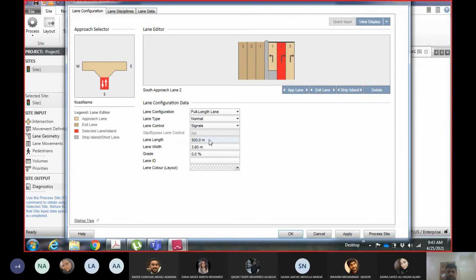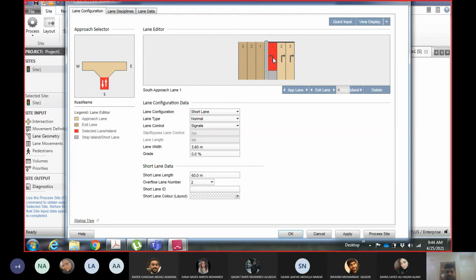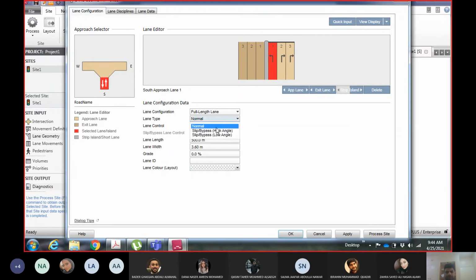Now you can see here I'm selecting a right turning lane. You can see the two options, normal and slip lane. If I select the left turning lane from here, the options will be slightly different: normal and short lane. So for left turning, you will not see a slip lane, you will see a short lane. You can see it in the figure as well. If I make it normal, what happened? The lane is continuous now, right?